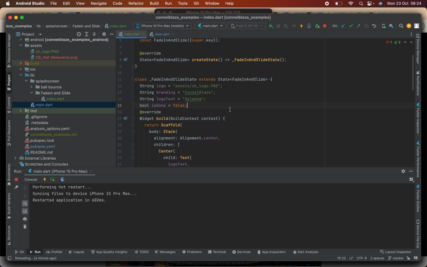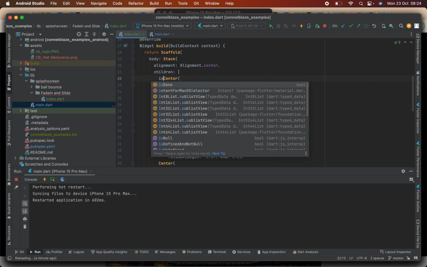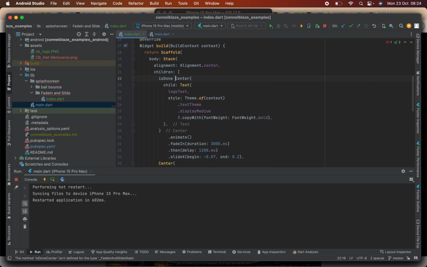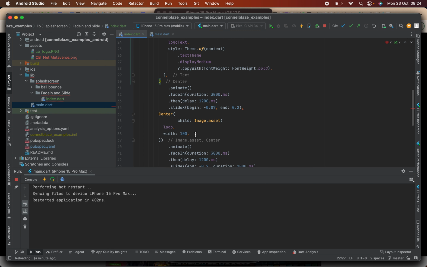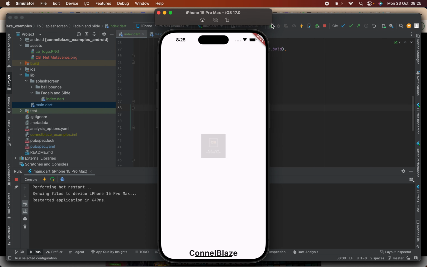So what is going to happen is, if is done is true, you know what, give us this text, right? Else just give us an empty container. So let's see this. All right, so it's just the image that is coming on, because is done is false,